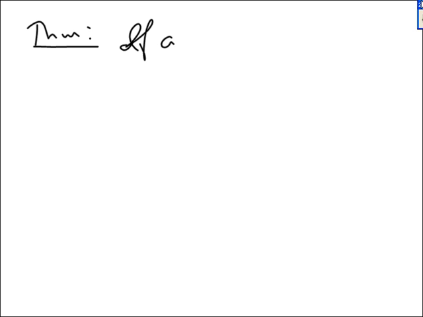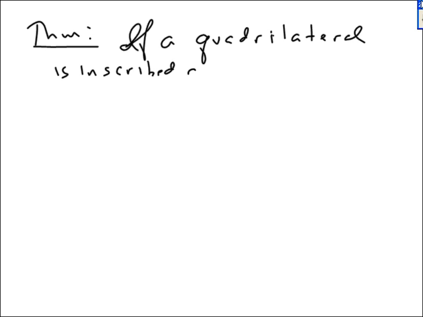So if a quadrilateral, which is simply a four-sided polygon, is inscribed in the circle,